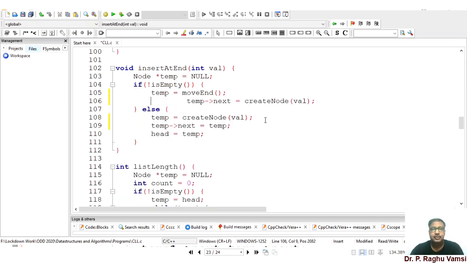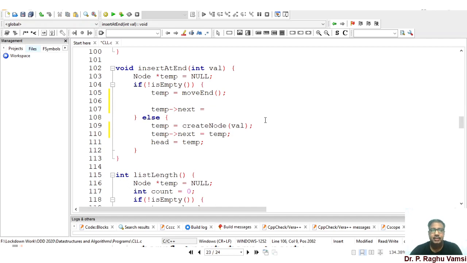So last node's next is equal to create node value. Before that, instead of create node value here, I will create a temporary node star nn is equal to create node value.